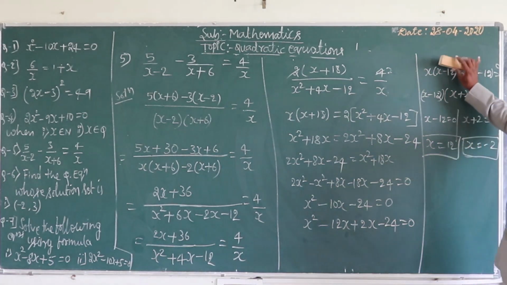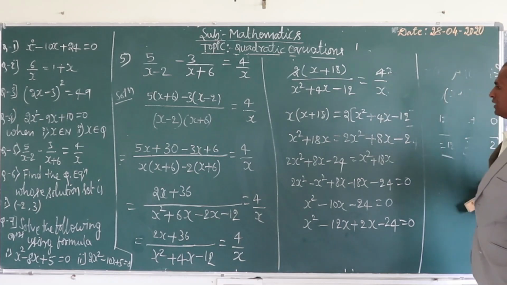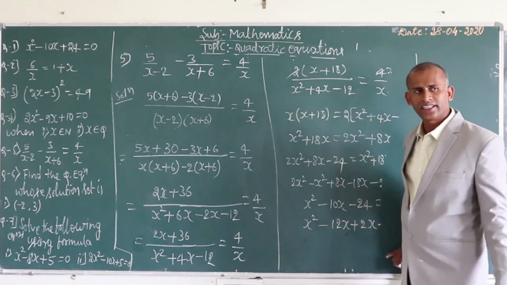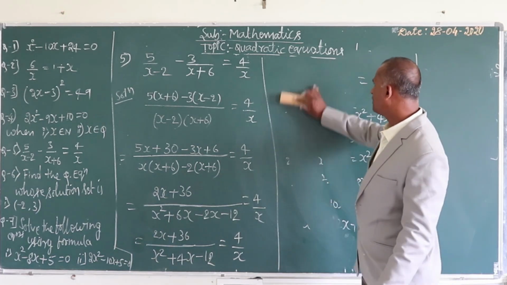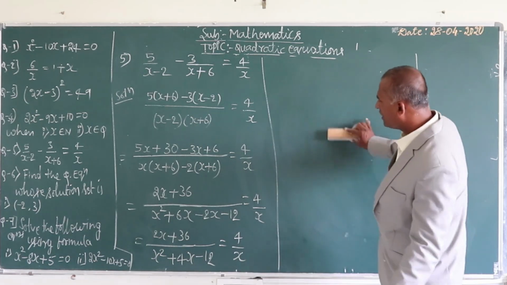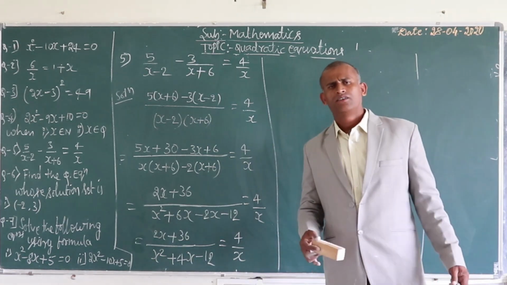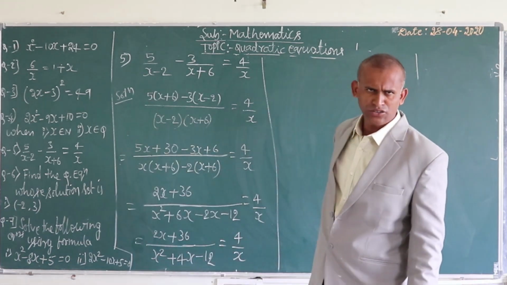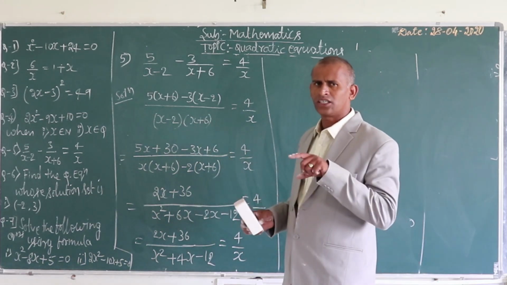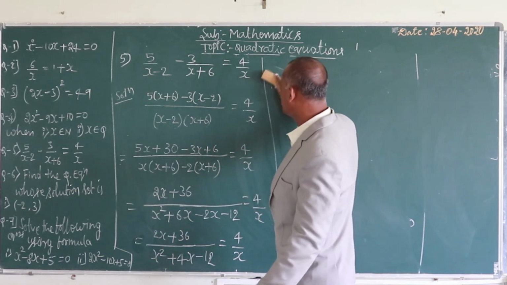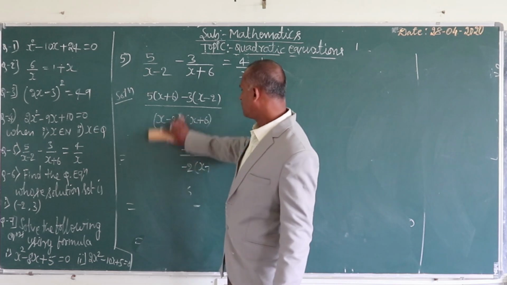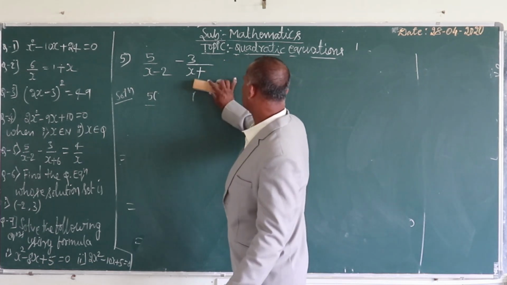Next we are going for the next one. Sometimes they will give the solution directly, and in that case we have to frame the quadratic equation. When they give solutions, we have to make the quadratic equation. That is also very easy. We will go in reverse. First, using the quadratic equation we were finding the solution. Now we will use the solution to frame the quadratic equation. That is the procedure here. We are going in reverse manner now.